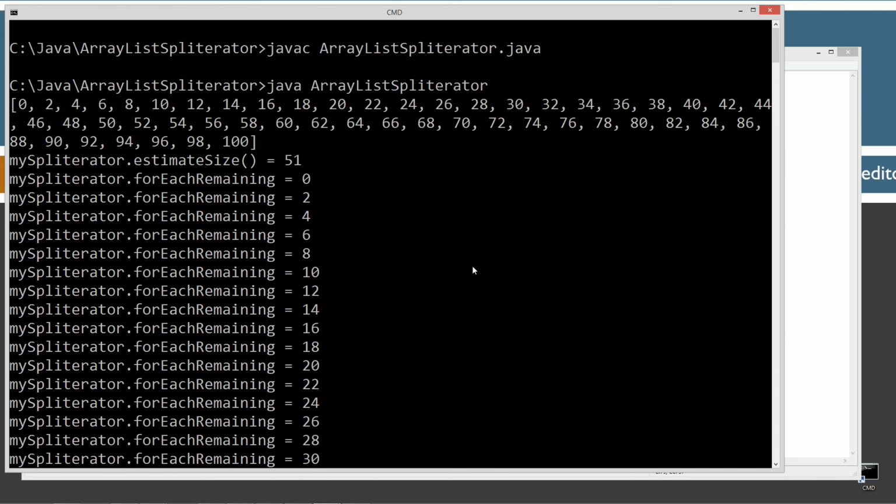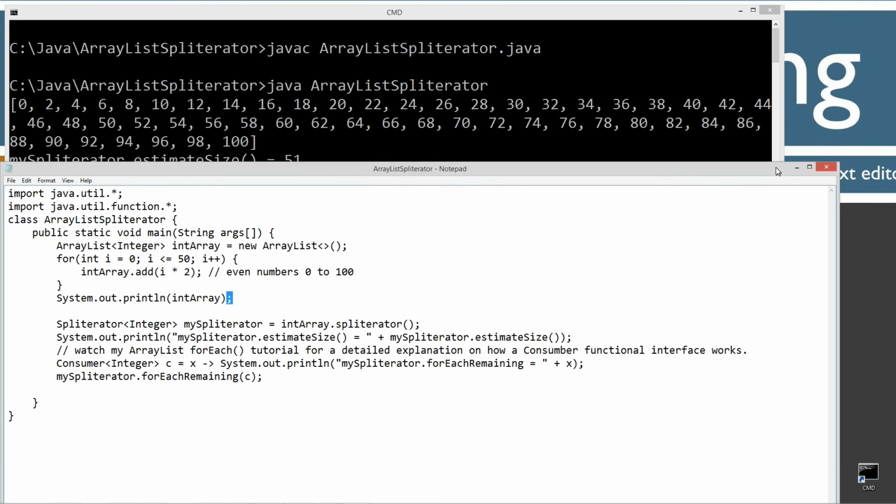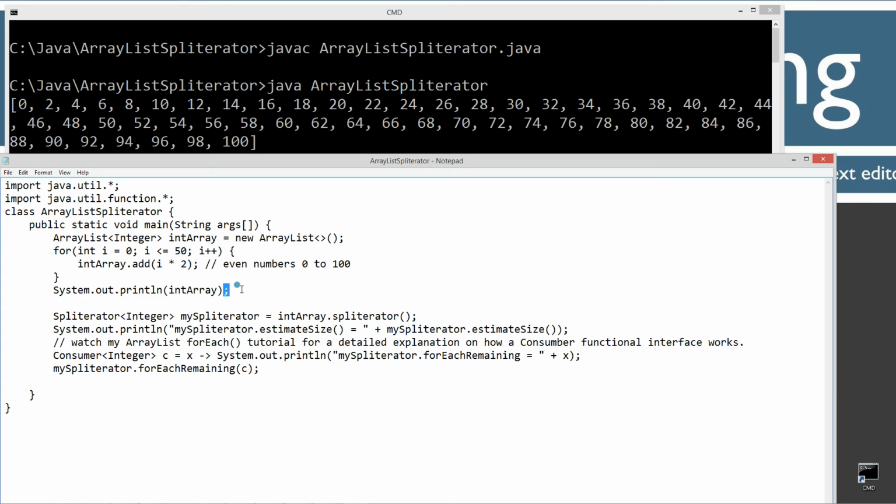All right, let's scroll up here to the top. And basically there, this line, we're displaying it to the console in array. That's what we've got in our array list right there, okay? So now in the next